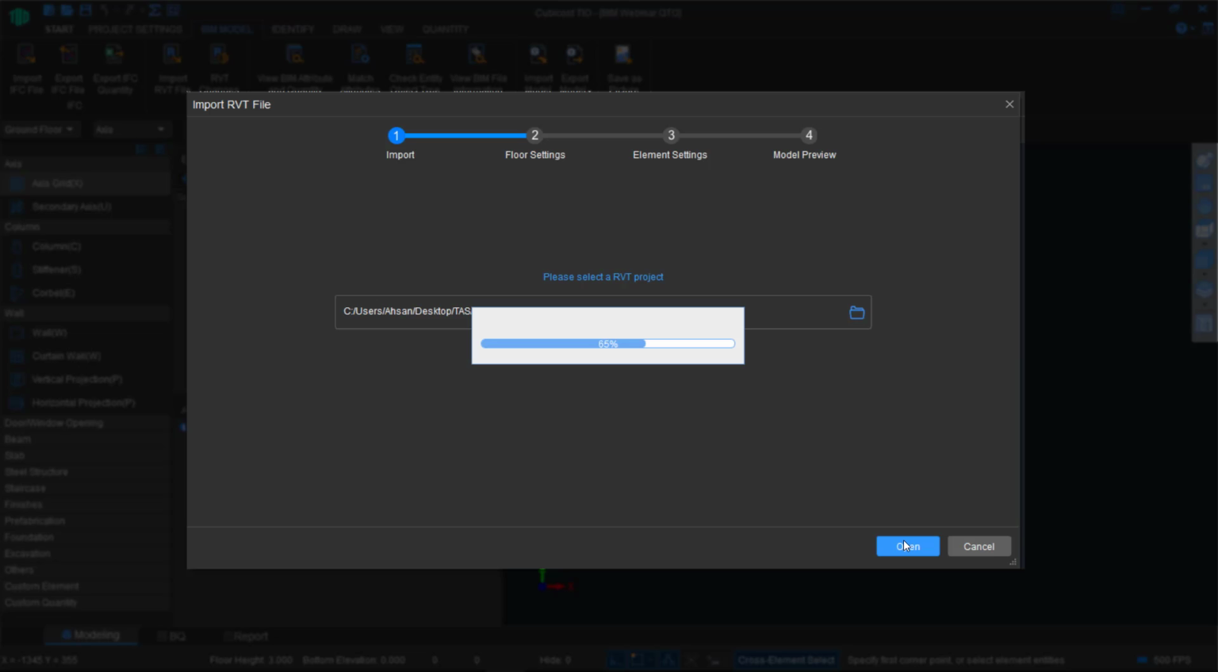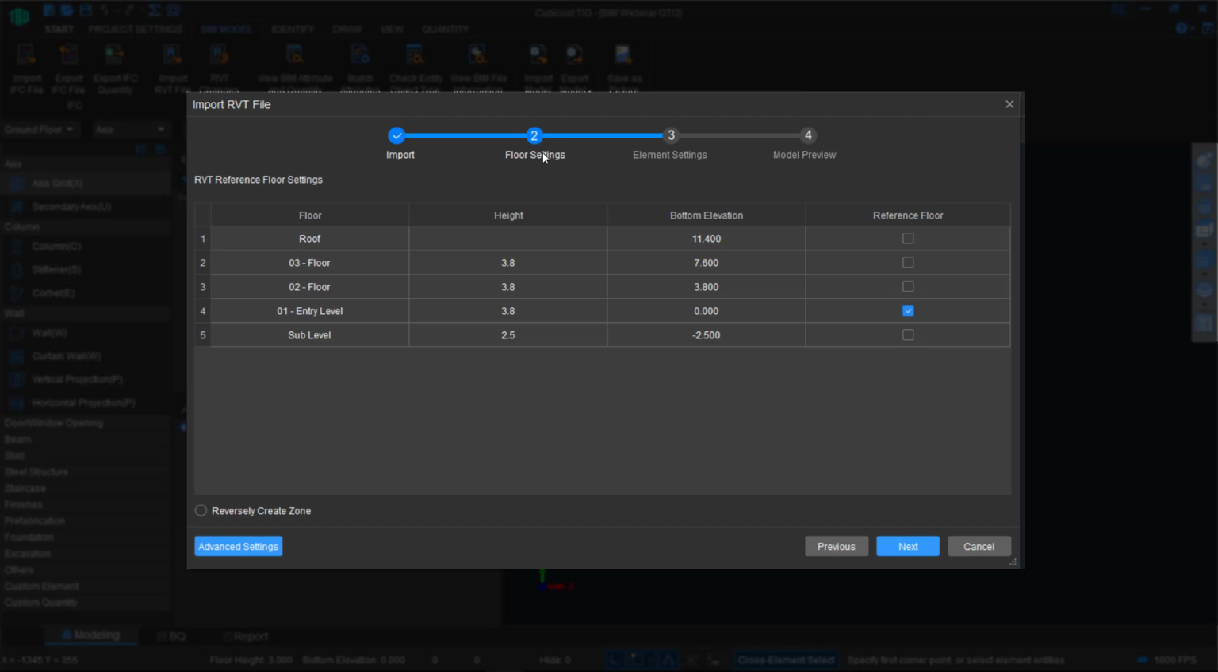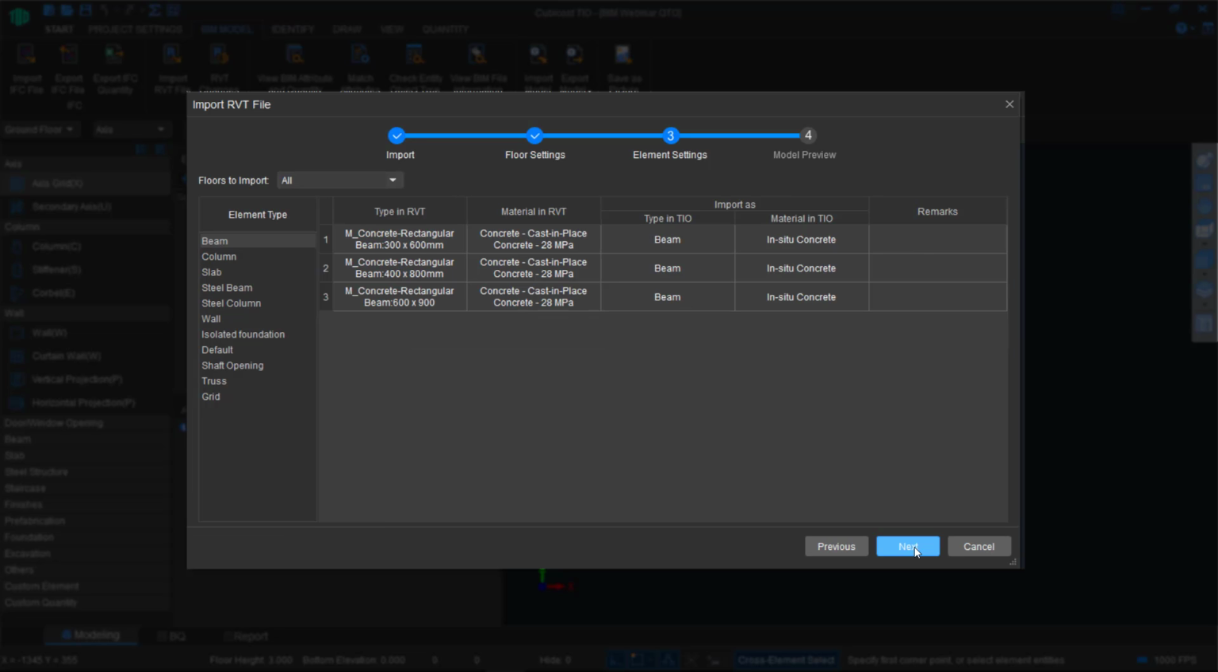So once the software realizes that yes, you're working with a Revit model, you bring it in, you wait for it to move to the next process, and you simply have to say what is your reference floor. So in this one it's entry level 1, click next to confirm, and now our approach is radically different to most